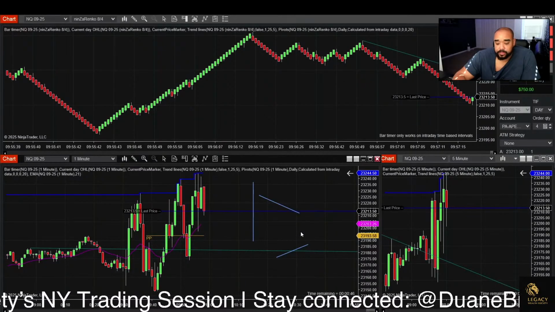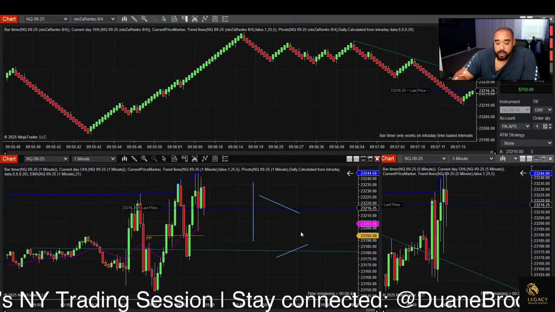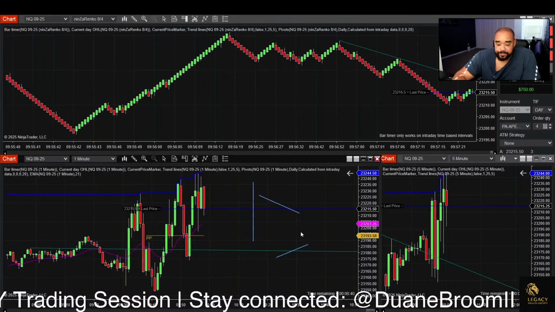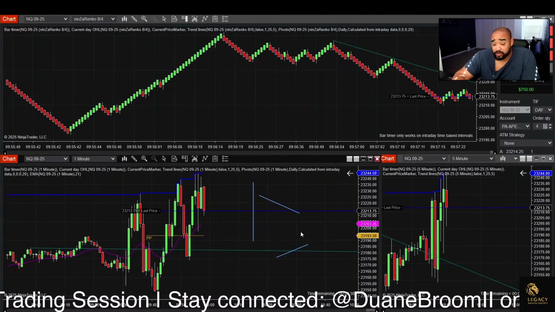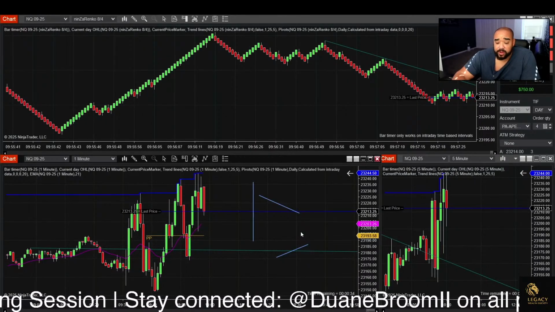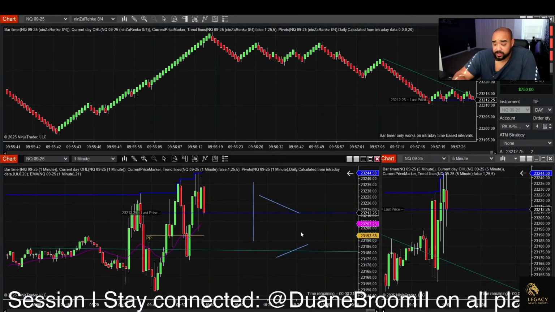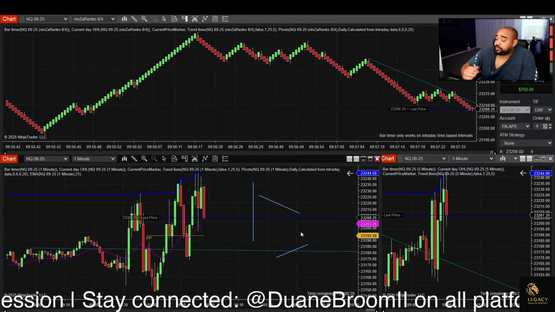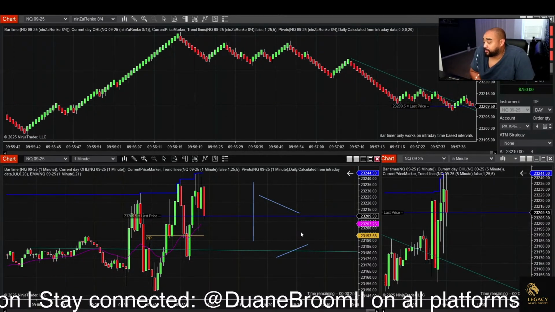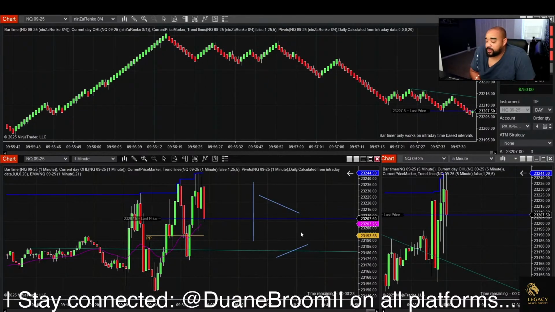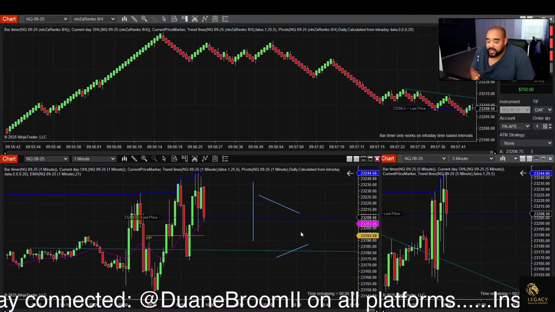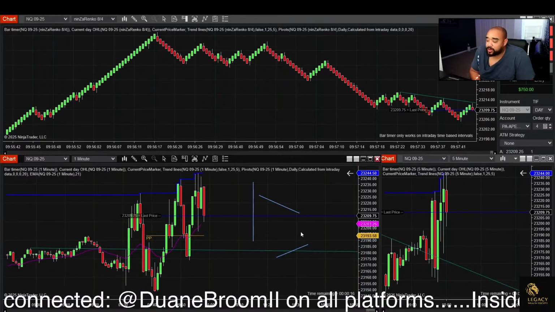There's no news coming out anytime soon? I'm checking right now. There's no news coming out. Okay. But still, remember those whole times of 10, 11, 12s, you still want to be cautious around those time frames. But this would be a good time for scalping because you can read the Renko bars very easily.